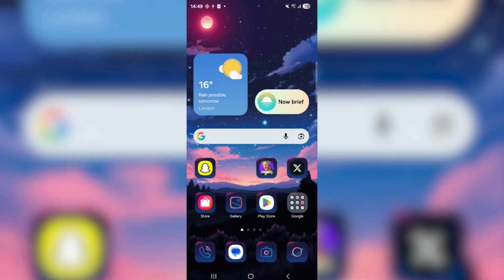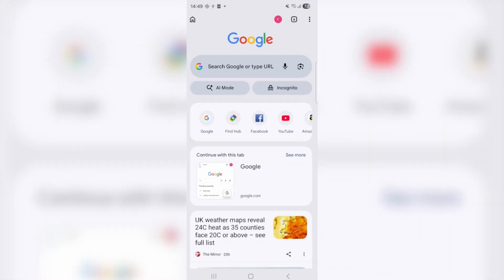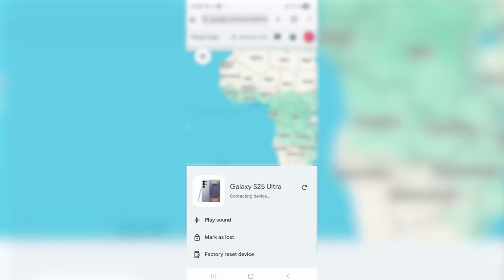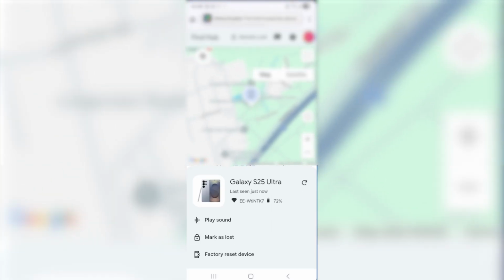So what you want to do is go over to your browser of choice. Obviously, this could be on another phone, a different PC, anything like that. And then we're just going to use Chrome. And then all you want to do is go over to the Find Hub. It's going to be google.com/android/find. Then once you go ahead and click on it, it's going to basically show the exact location of your